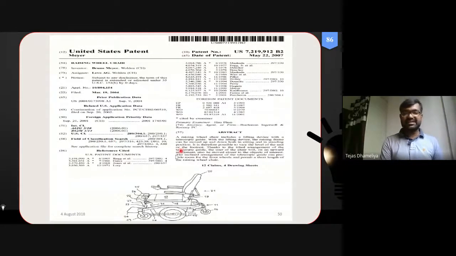And this is basically a technical invention, whether they are going to file for these kinds of wheelchairs. Okay, and abstract is given. You can see a patent number is there, and date of the patent filing, that is 22nd of May 2007.